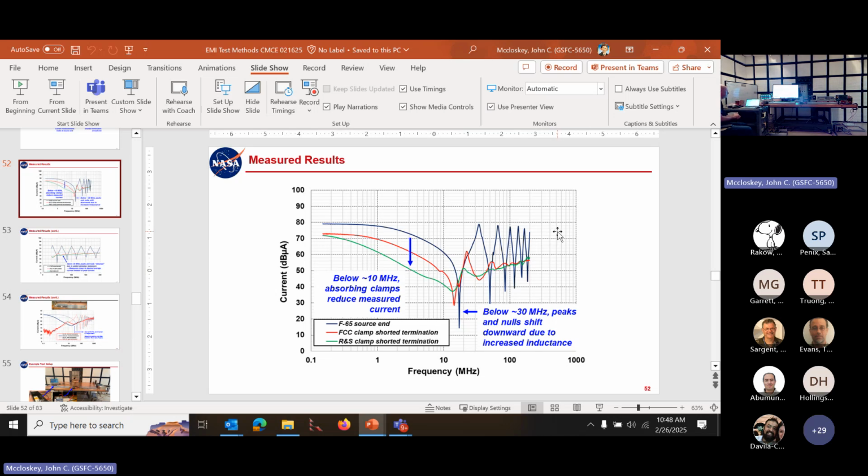You want to actually converge on understanding what it is you're doing. And so again, just understanding how these different pieces of equipment work and what they're doing is crucial to understanding how to interpret the results. Because